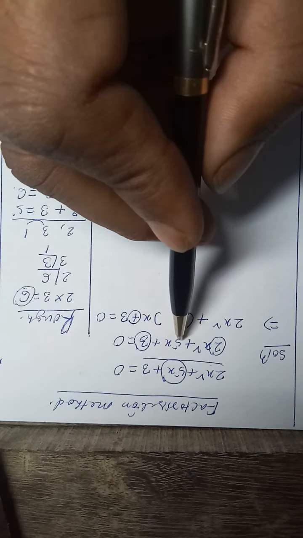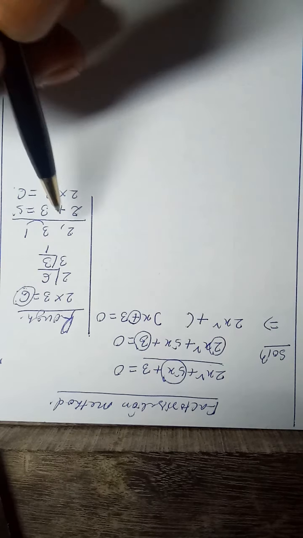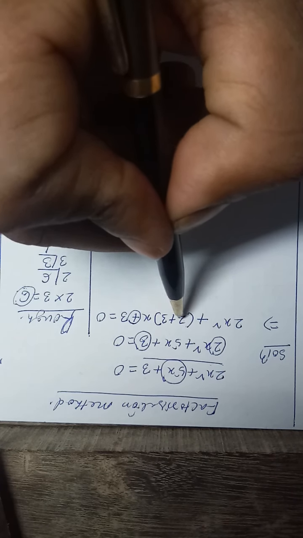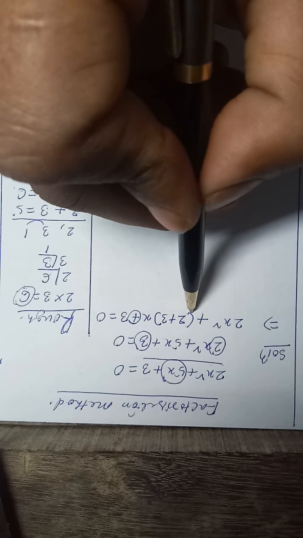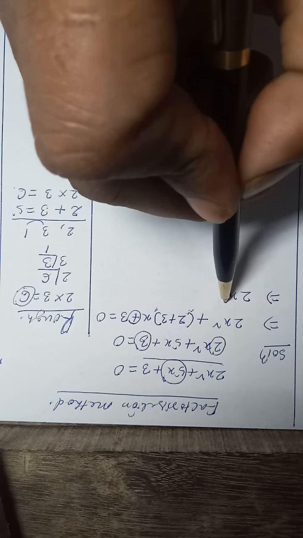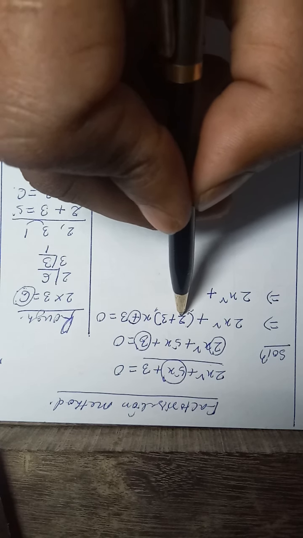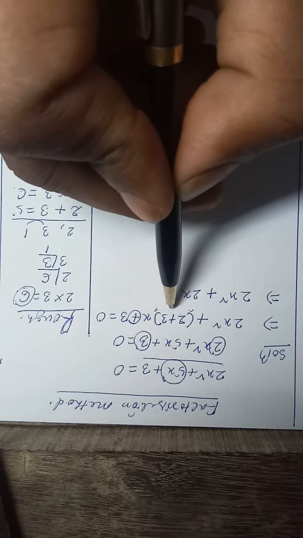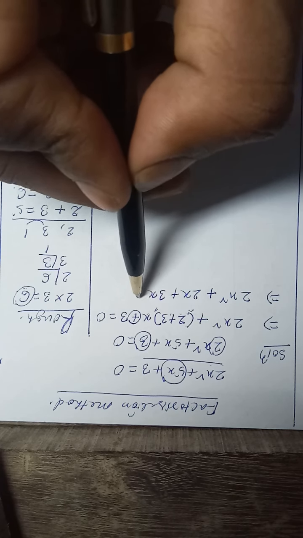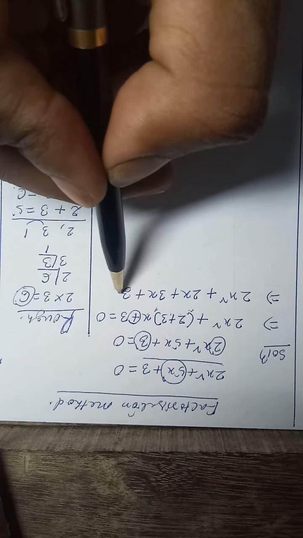Therefore, this 5 will be replaced by these two numbers 2 and 3. Now we have to remove these brackets. Therefore, 2x² + 2 into x, that is 2x, + 3 into x, that is 3x, + 3